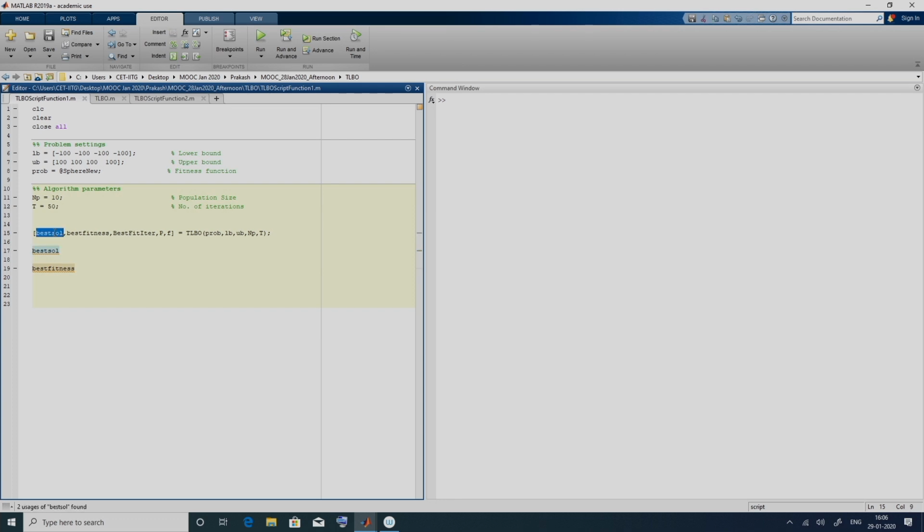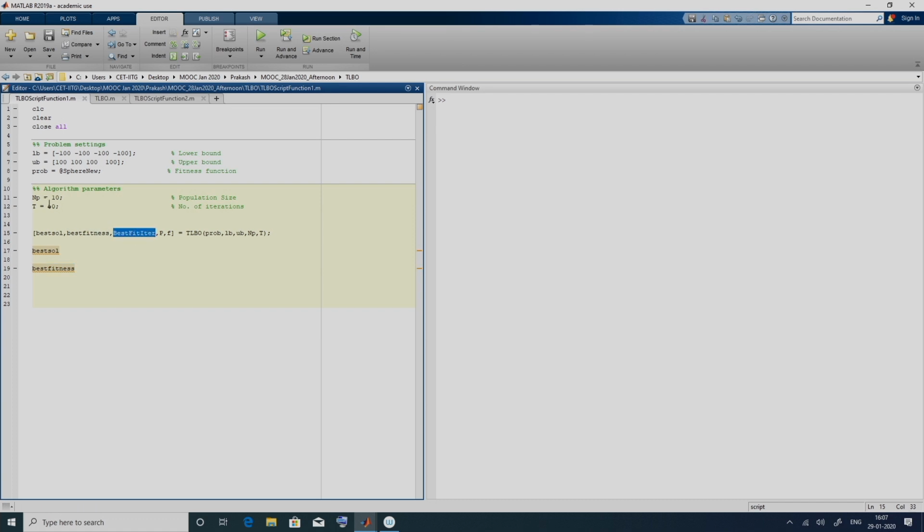Best sol is the set of decision variables at the end of the algorithm, the best solution that we have discovered. This is the decision variable and this is the objective function. In this case we have a 4 variable problem, so best sol will have 1 row and 4 columns, and the best fitness will be a scalar, 1 cross 1.